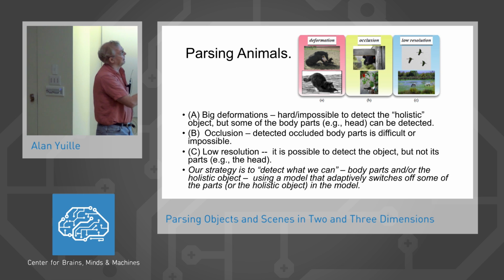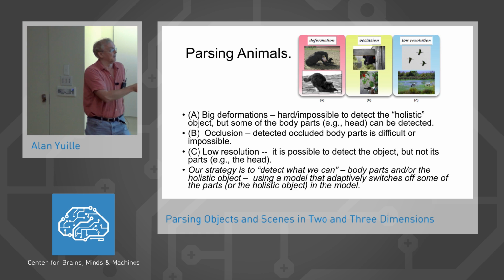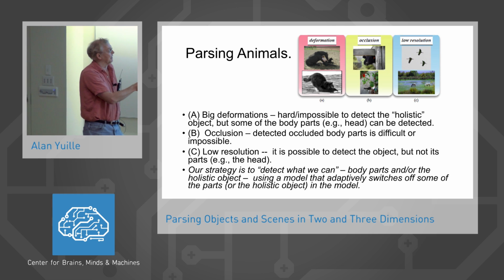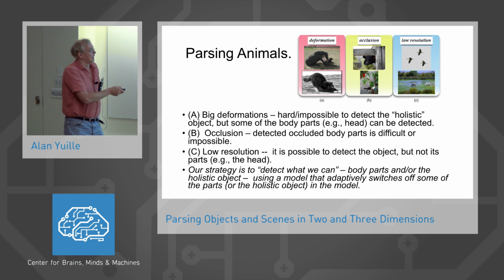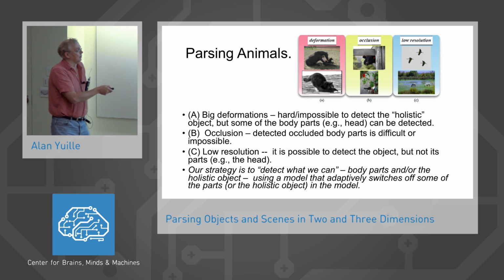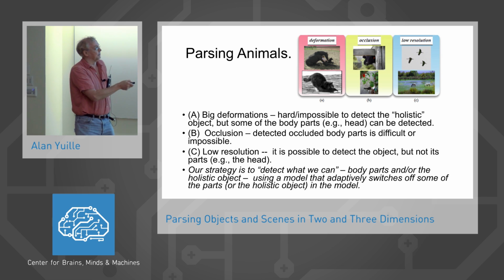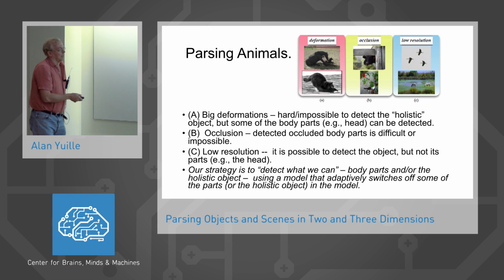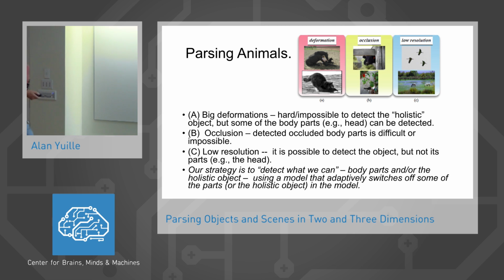Sometimes in this case it's hard to detect. Well, actually, it's not really shown here, but there are cases where, for example, you can't really detect the whole object because it's not there, but you could find the head of that particular animal. So some parts of it can be detected. Occlusion, detecting occluded body parts is difficult, almost impossible. If the object is low resolution, it's possible to detect the object, but it's not really possible to detect the parts of the heads. Okay, so the strategy was to detect what you could, detect the parts, detect the objects,